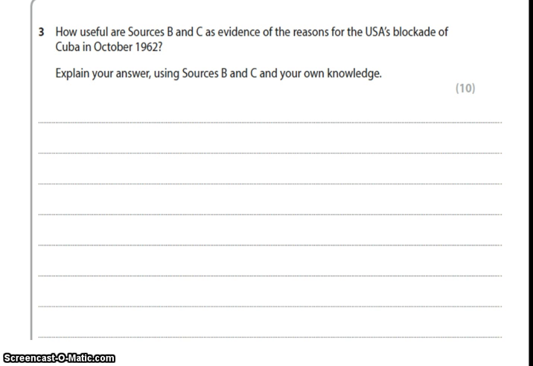However, although this is useful information, I'm not entirely comfortable with either of these sources. Source B is a broadcast to the American nation. Obviously, Kennedy is going to use this as an opportunity to persuade listeners that his policy is right and the Soviets are wrong. That's why he calls the placing of the missiles provocative and says the Americans are backed up by the lessons learned in the 1930s. Though it is true, US spy planes had photographed Soviet missiles in Cuba.